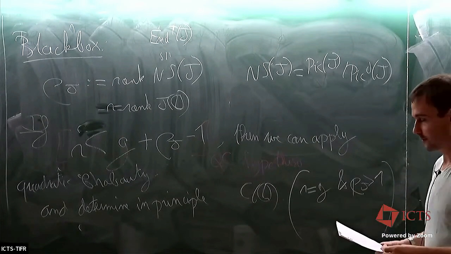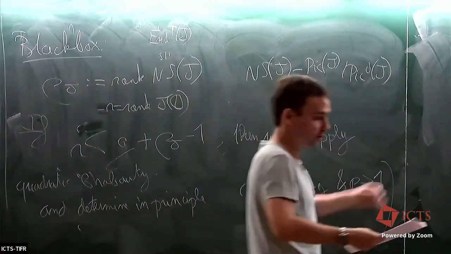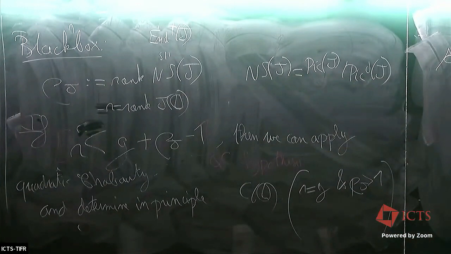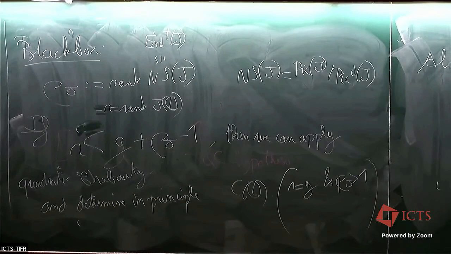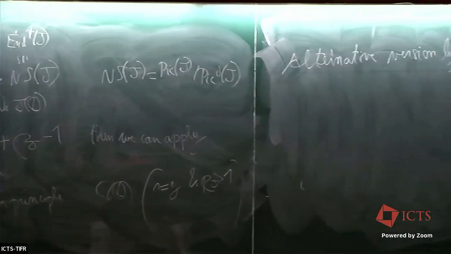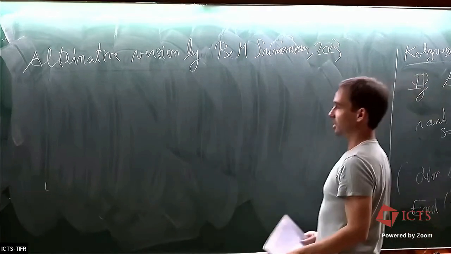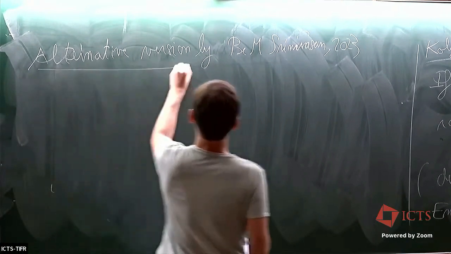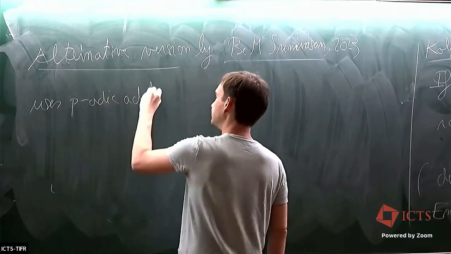Yeah, and to explain this, so this was the version developed originally. As I explained last week, there is an alternative version, which is a reinterpretation of many things here by Besser, Müller, and Srinivasan, and developed this year, which I will not say much about, especially because Narasimha is going to talk, I think, Thursday about this. So she'll do a much better job on this than me. But basically, it uses p-adic heights